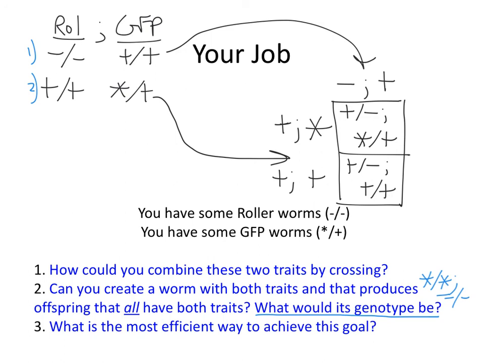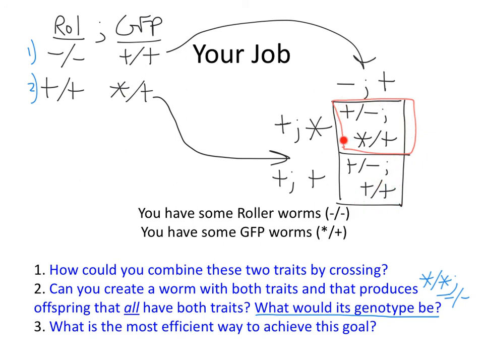Do I need to open Socrative again? Why is it top? It's heterozygous for both. So this worm in red at least has 1 minus and 1 asterisk. It's kind of like we're halfway there. What's missing in the genotype below it? There's no asterisk. There's no way to get a green worm if you start working with that second worm, this one right here. You're never going to get a green worm if you start working with a worm that doesn't have the GFP gene in the first place.